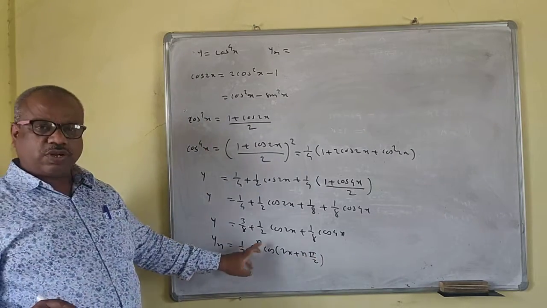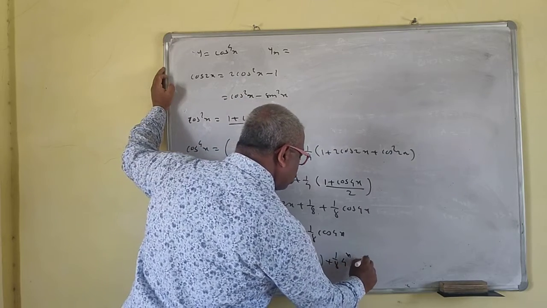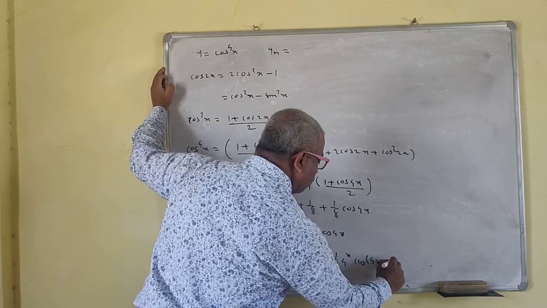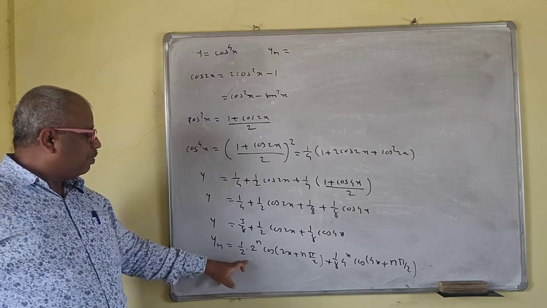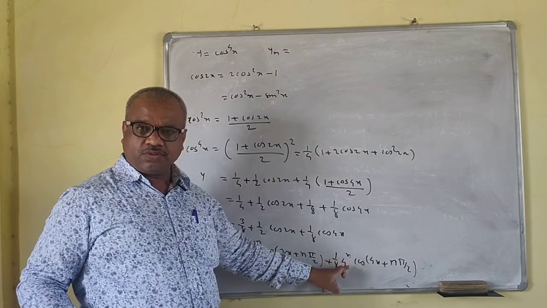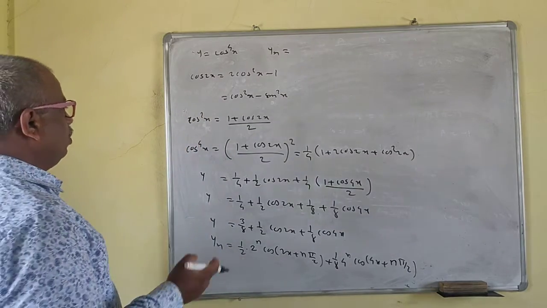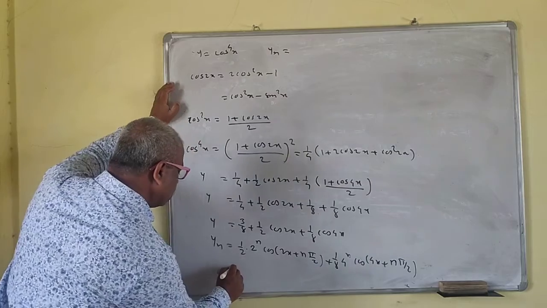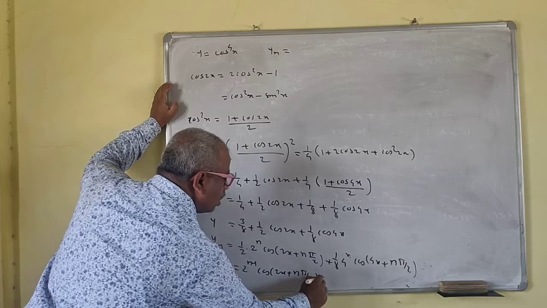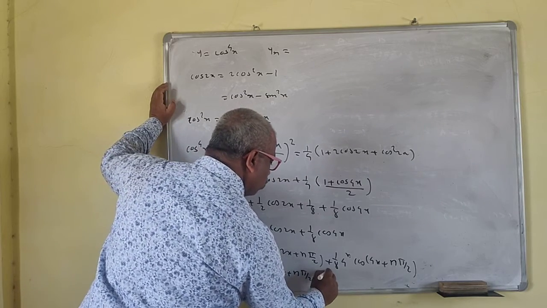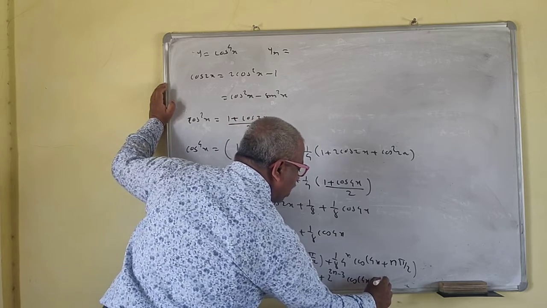But you may write this as what? 2 raised to n minus 1. No problem for this one. This is what then? 1 by 8, 4 raised to n, cos of 4x plus n pi by 2. You may simplify this. You may write this as what? 2 raised to twice n, 2 raised to twice n minus 3. That also we can do. So see the option. Which option is there? This is what? 2 raised to n minus 1 cos of twice x plus n pi by 2, plus this is what? 2 cube. So this is what? 2 raised to twice n minus 3 cos of 4x plus n pi by 2.